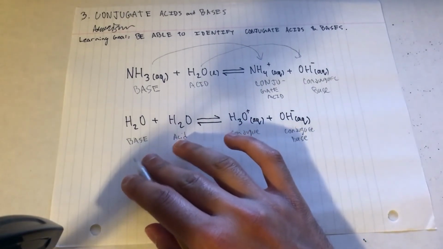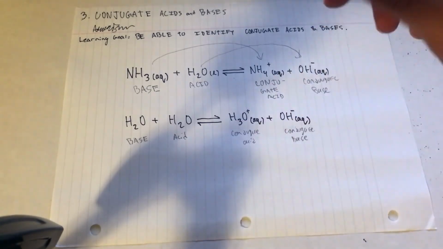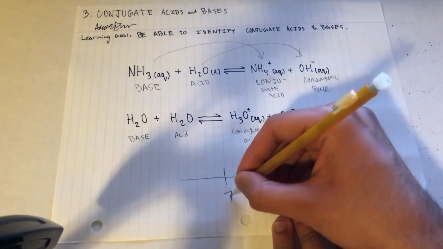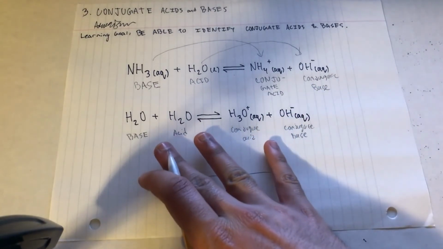Notice how water can both be an acid and a base at the same time? Well, that's why when you do a pH scale, water is directly in the middle. It's neutral, right? And that's because this